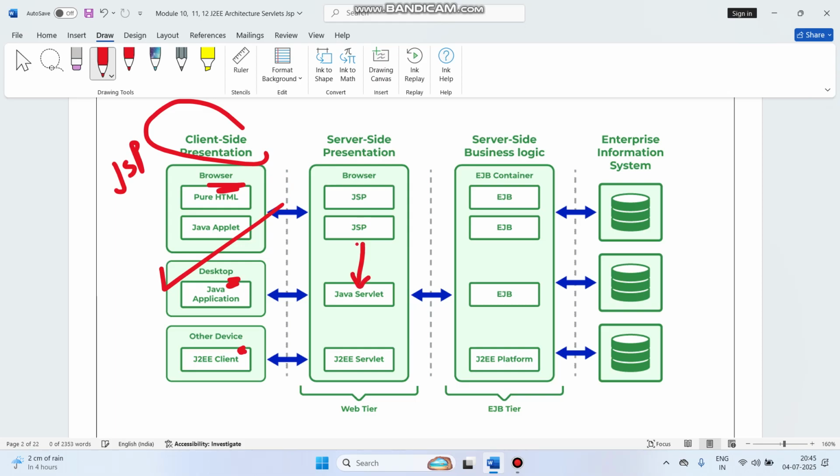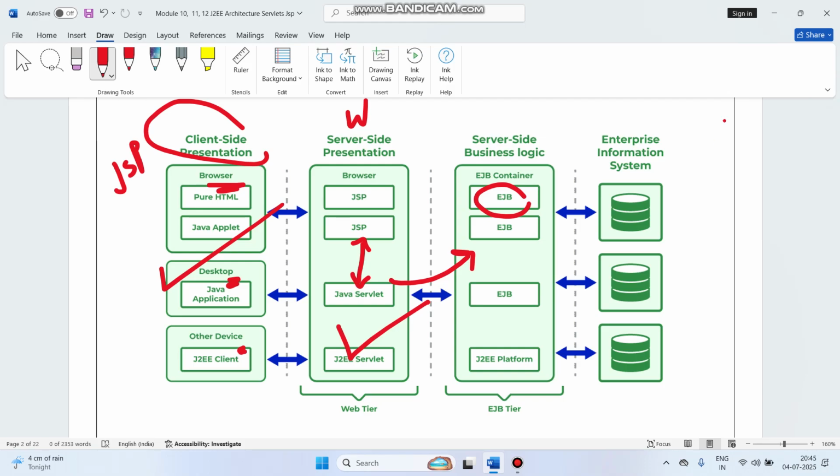JSP will connect with your servlets, right? Java servlets, okay? And then your servlets are using, it's not mandatory, guys. This step is not mandatory. Servlets are nothing but the ones who can access your database, right? But many times we are not directly accessing the database. Many times, suppose you have any business logic, right? Suppose my business works only that way, are you getting? So maybe that's why we are using